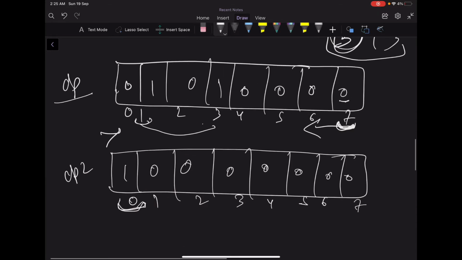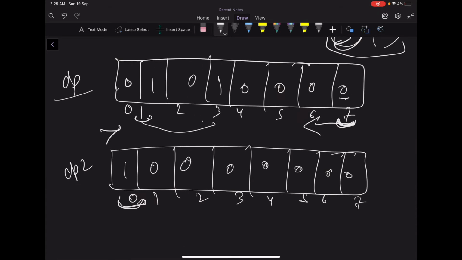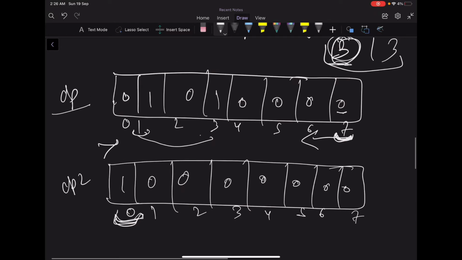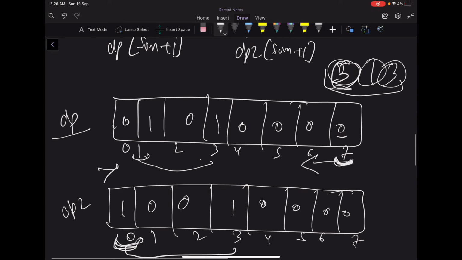Similarly, for the sum dp, I'll iterate from right to left. So the first true value I'll find is dp of 0. I know the 0 is true, that's why I'll try to add the current number, which is 3. I'll make dp of 3 true, right? And then similarly, I will iterate right to left for the second number and for the third number as well. And then at the end, we will have both dp grids. So let's look at the code to understand better how we can implement it, okay?